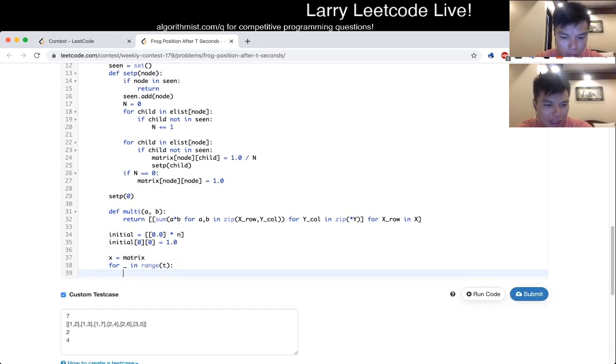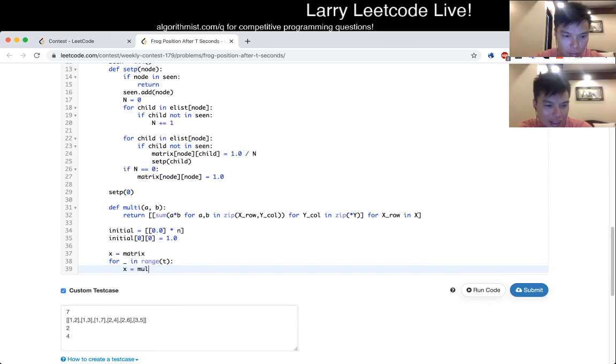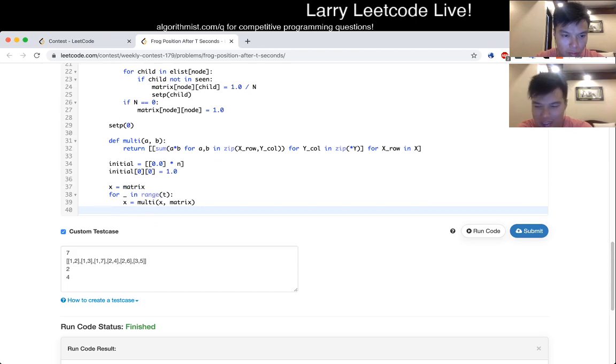I just don't know how to multiply. Don't know how to do the power function correctly. And I probably could have, like I said, done this in log n time and it would be okay, but I didn't want to. After this time's out, I didn't want to try it again. So yeah,